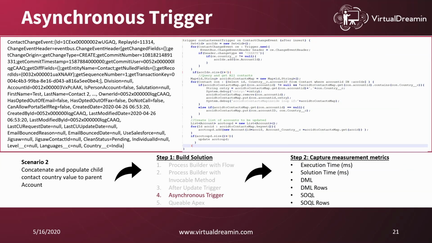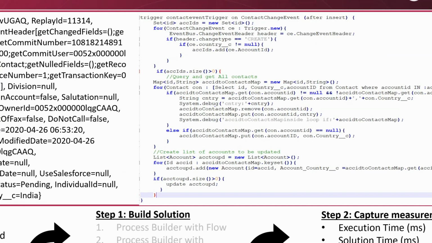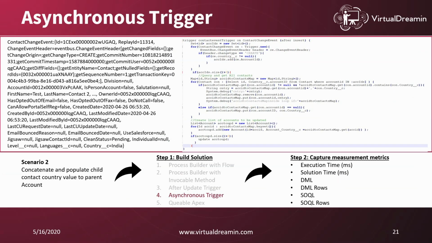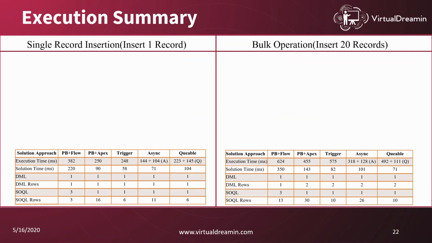And if you see the trigger details, it's almost the same as a normal contact trigger. But the only difference is that instead of contact, the trigger is going to get executed on contact change event. This operation is always going to be an after insert operation because for each kind of change, insert or update or delete, a new record is getting inserted to contact change event. Then you can iterate over each of the records, collect the account IDs, and you will be able to perform your respective action.